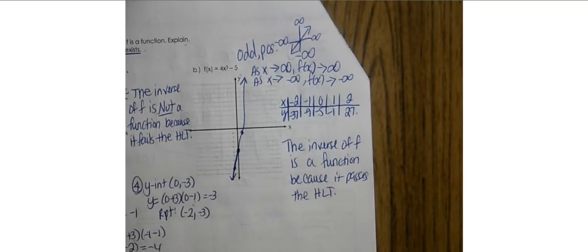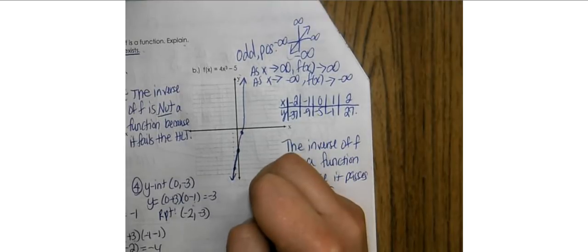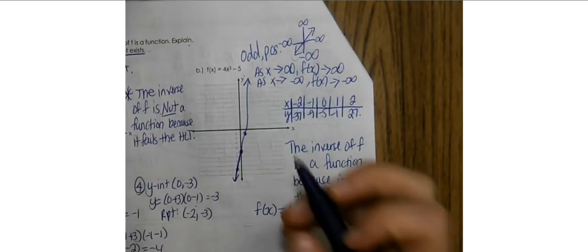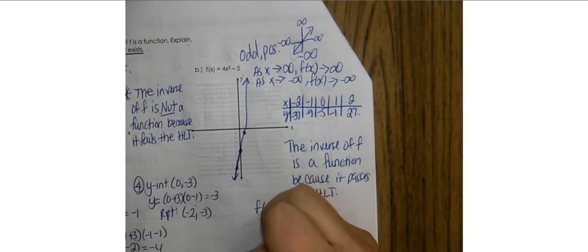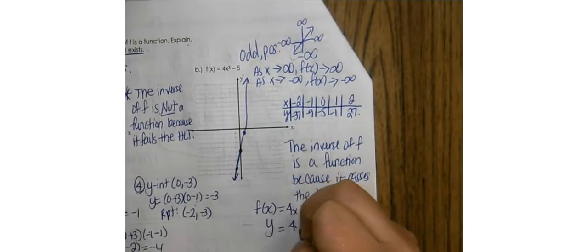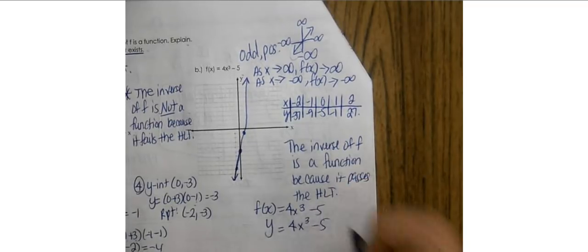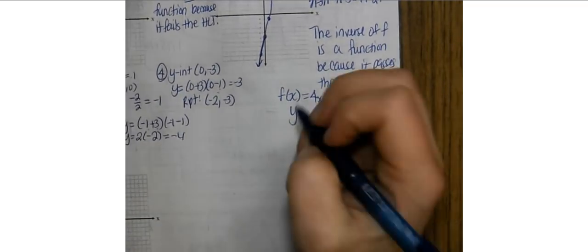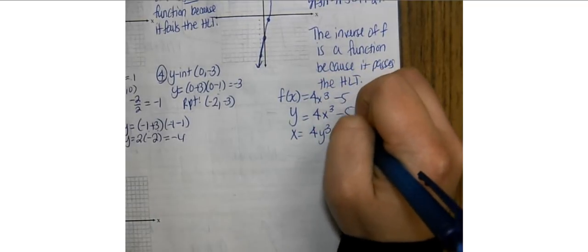So now what we're going to do is actually identify what the inverse actually is. So I'm going to write f of x is equal to 4x cubed minus 5. There's no context with this problem, so that means that I'm simply going to flip-flop the x and y values. So I'm going to change f of x to be y, and I have y is equal to 4x cubed minus 5, and I'm going to switch my x and y values. So this is going to be x is equal to 4y cubed minus 5,